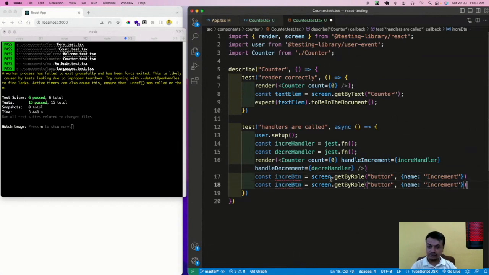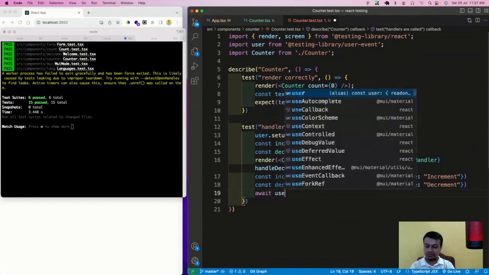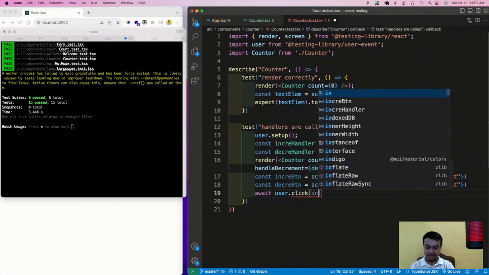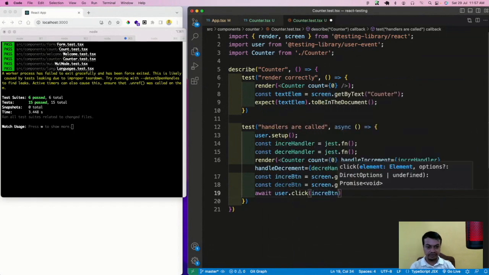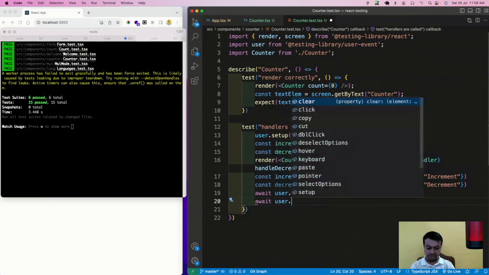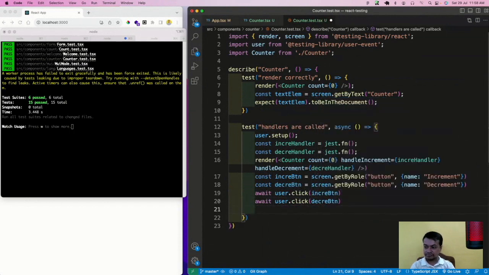Similarly, I will have a decrementButton. Name will be decrement. Then I will have await user.click incrementButton, and await user.click decrementButton I'm going to have, and then